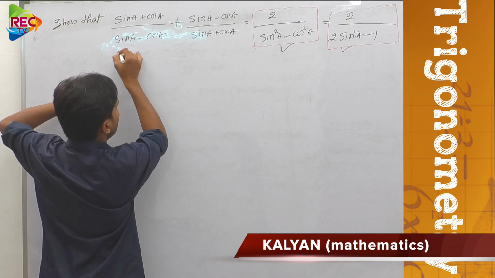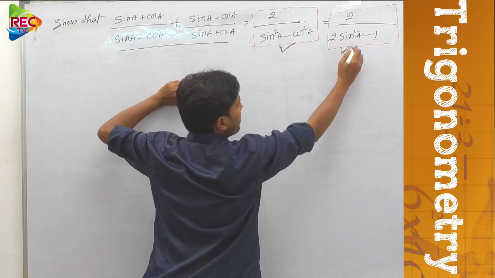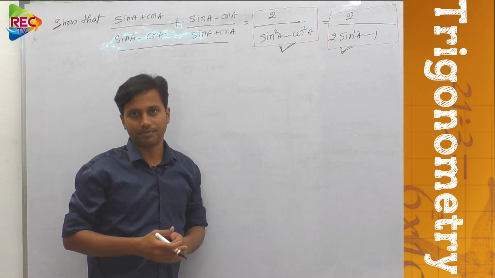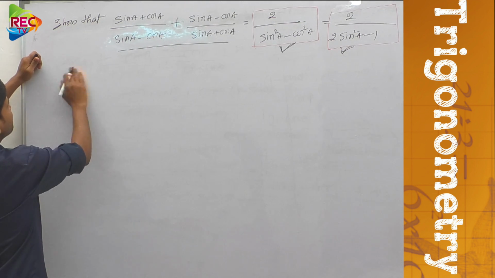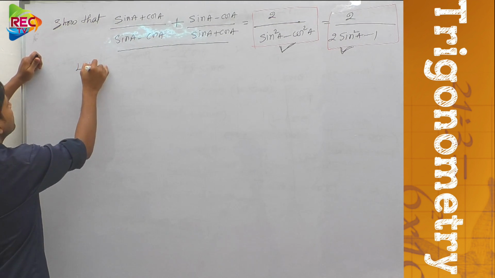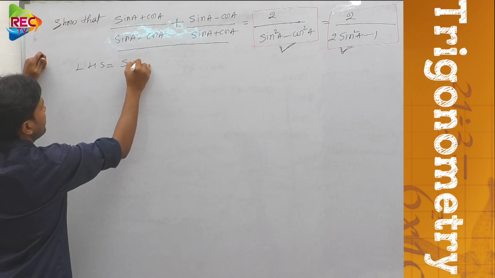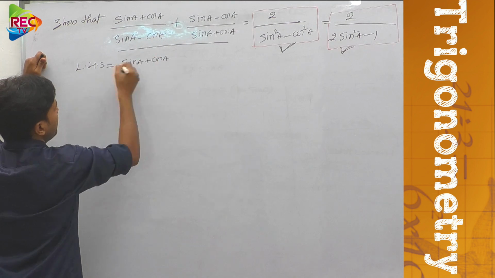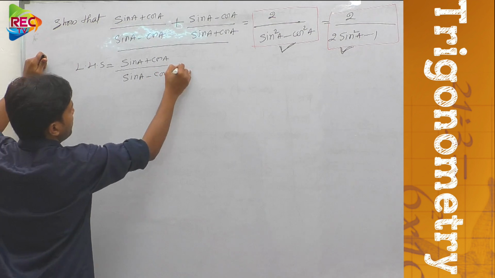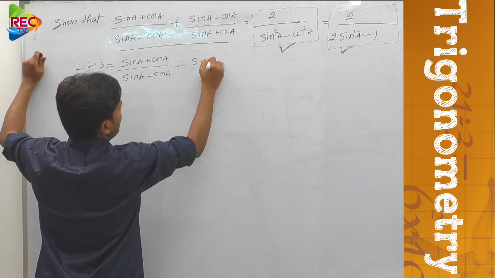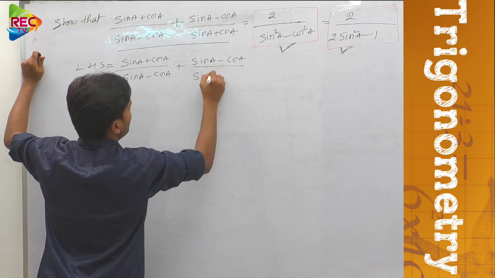Here this is your LHS part and you need to prove this is one RHS and this is one RHS, meaning two RHS parts we need to prove here. First let us take the LHS part and start doing the problem. See here, LHS, that is, (sin A + cos A)/(sin A - cos A) + (sin A - cos A)/(sin A + cos A).